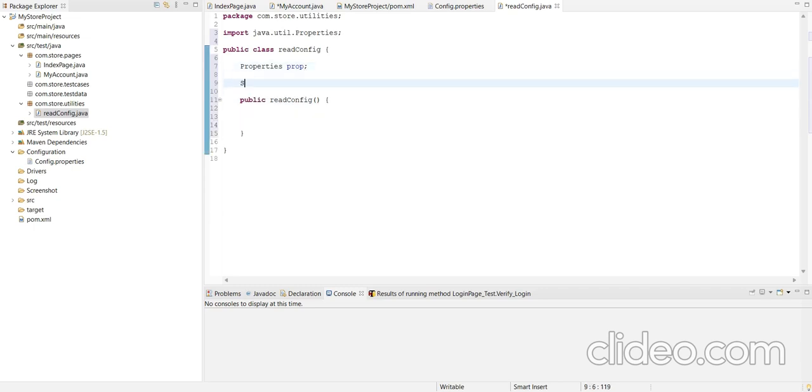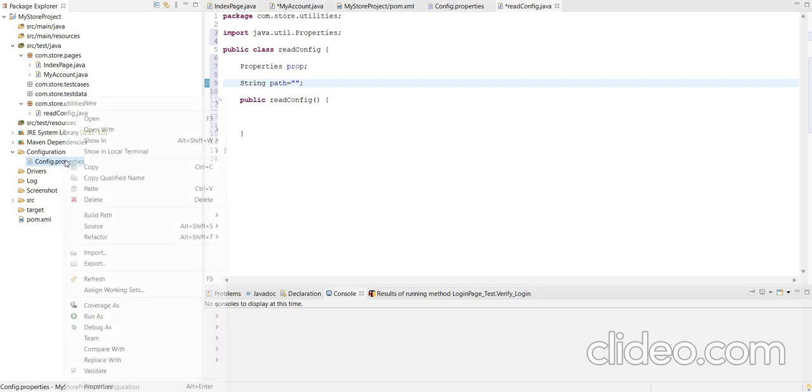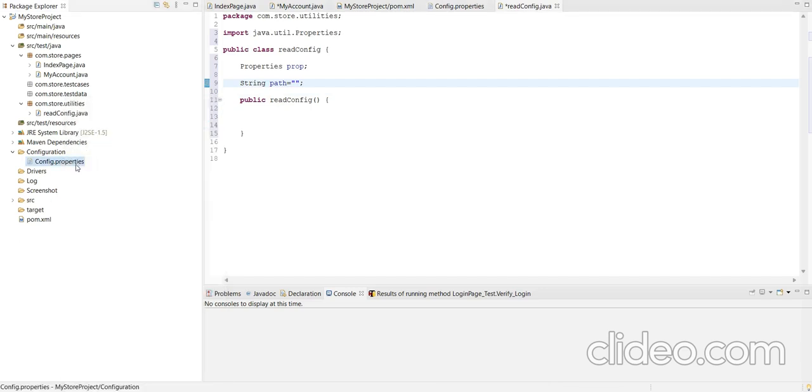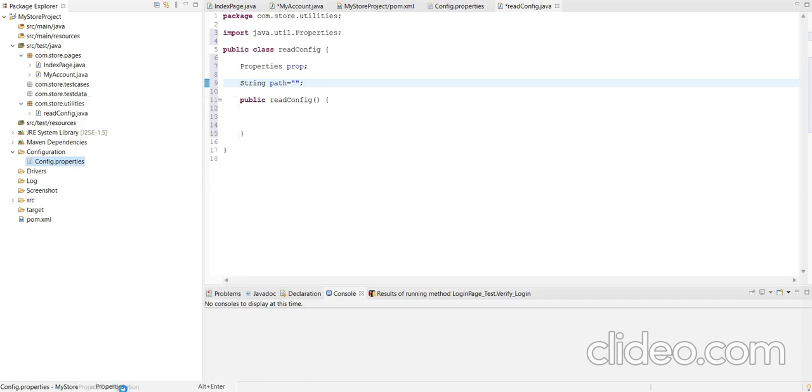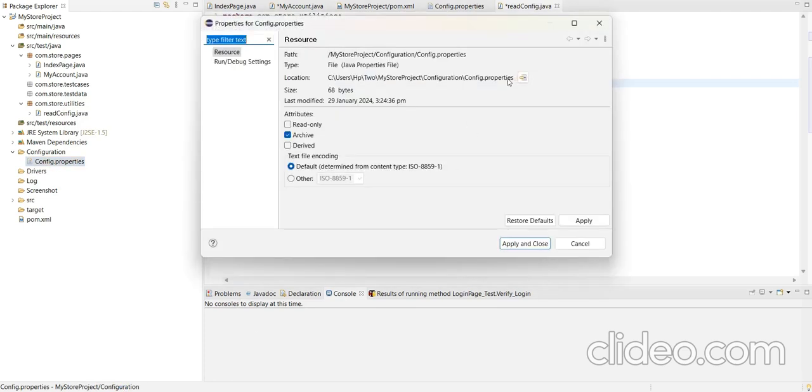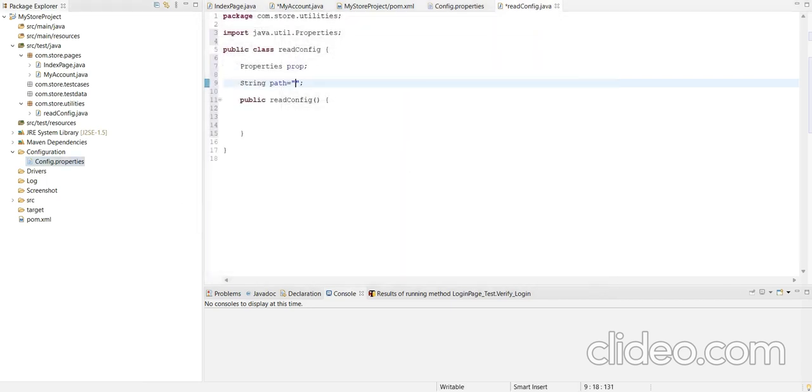Also we have to give the path here. So we will create one string path and give it a name. We will get the path of config.properties. In the configuration folder, we created the config.properties, and we right click on this file, and in the properties section we will get the complete address. So we copy this path and paste it here. This is the path of our config file.